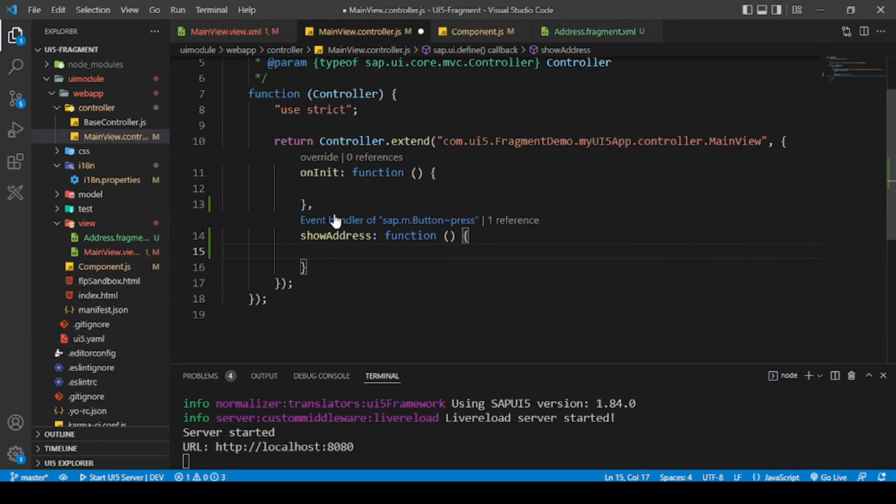So we have learned the two ways to open the fragment, right? One is the load fragment and another is the fragment.load. So let's start with the first one called load fragment. Okay, so two ways we'll learn. One is called load fragment. So for that, what we need,